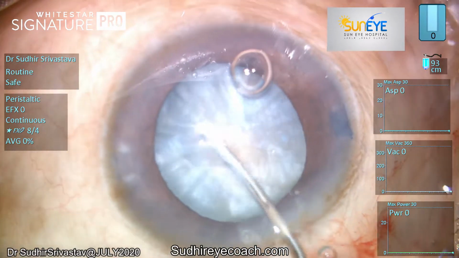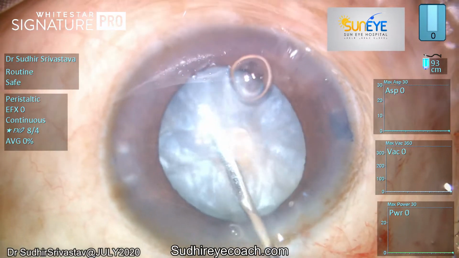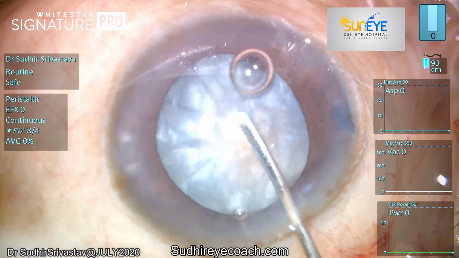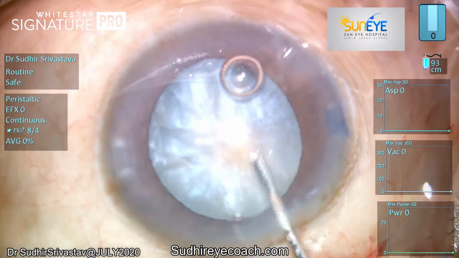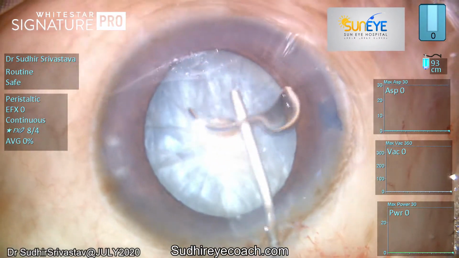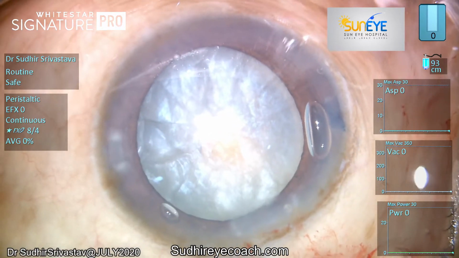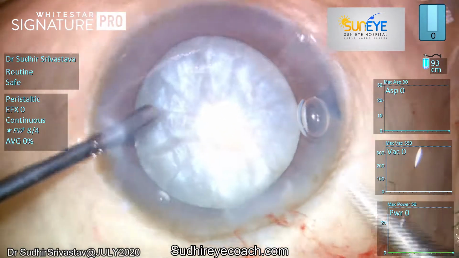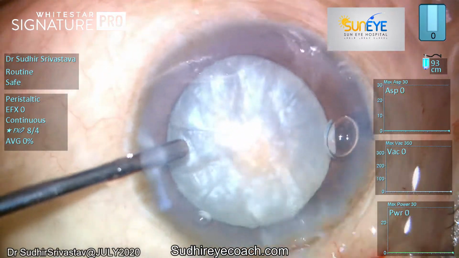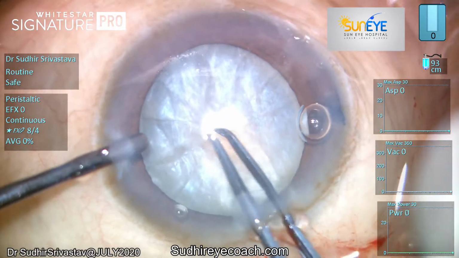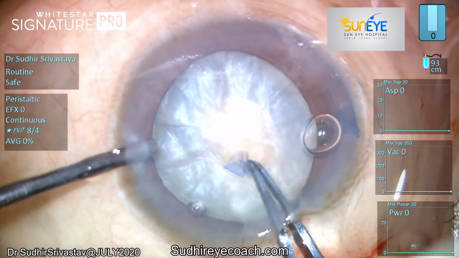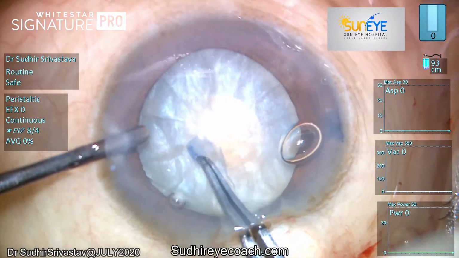Through the tiny capsular opening, I pushed the nucleus back to release the trapped fluid behind it. Then again, I extended the capsular opening a bit, and decompressed the lenticular pressure with BSS. After ensuring proper decompression, I finally made a small nick and extended the capsular access to the desired size.